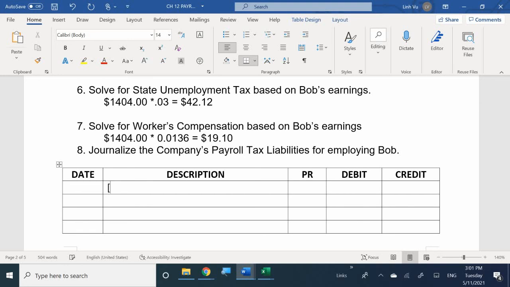Payroll tax expense, right? Because it's an expense to our company. And this is for whatever pay period they're on. Then the company FICA is going to be a liability, because this is what we owe to pay into their Social Security and Medicare. And then we're going to recognize FUTA, SUTA,